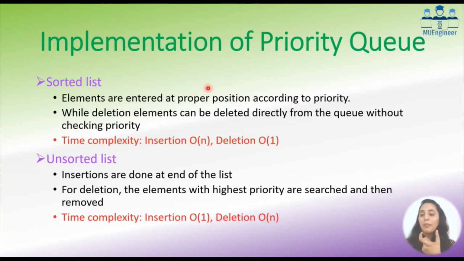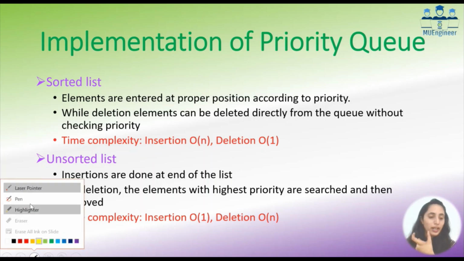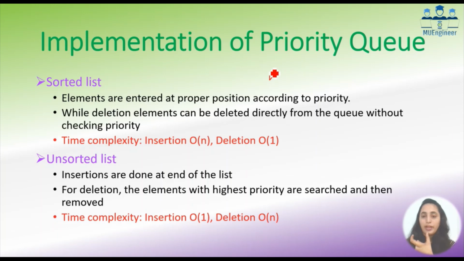सपोज मैंने बोला कि पहले मैंने एक आइटम डाला, आइटम ए, और आइटम ए का प्रायोरिटी था 2. ओके, फिर मैंने बोला आइटम बी. आइटम बी का प्रायोरिटी है 1. Okay, item A is there, it's having priority 2. Item B is having priority 1. So पहले execute कौन होना चाहिए? Item B. So what it will do, whenever you are entering the new elements, उसी टाइम पे वो क्या करेगा?